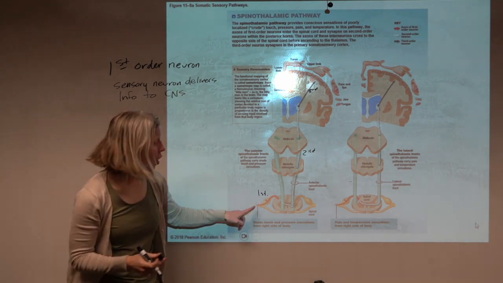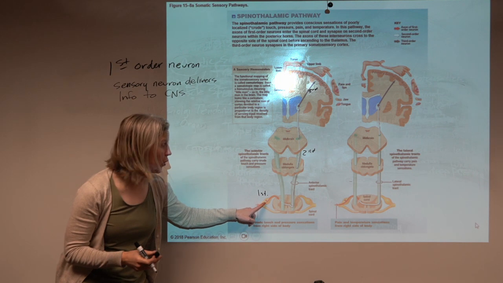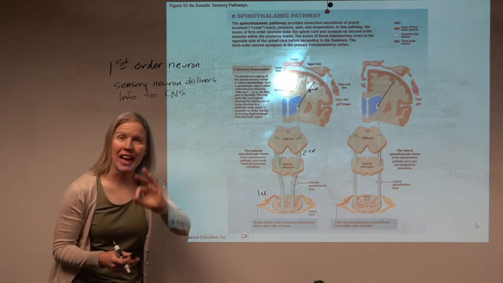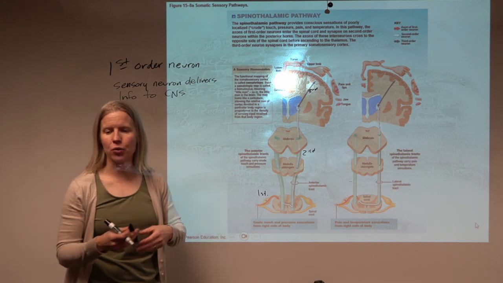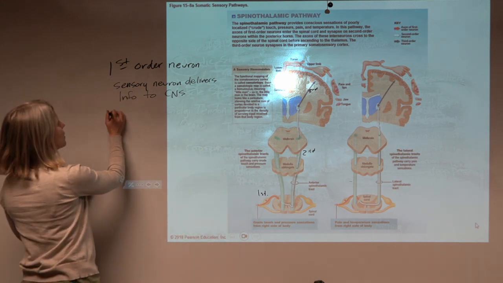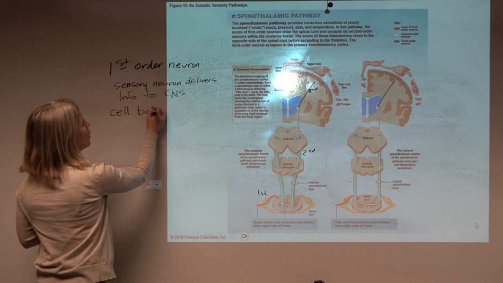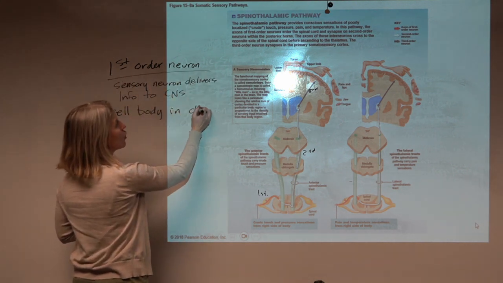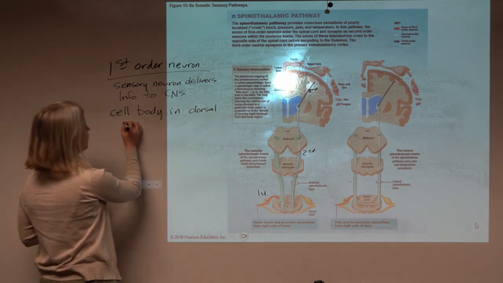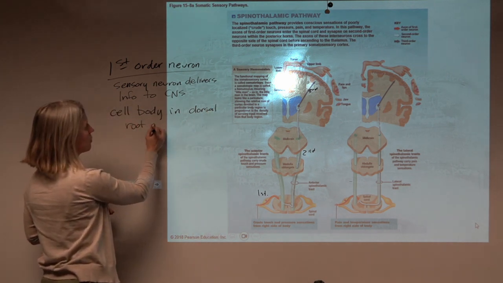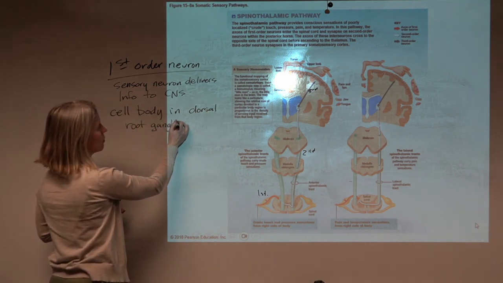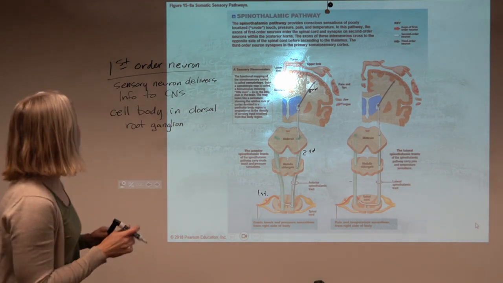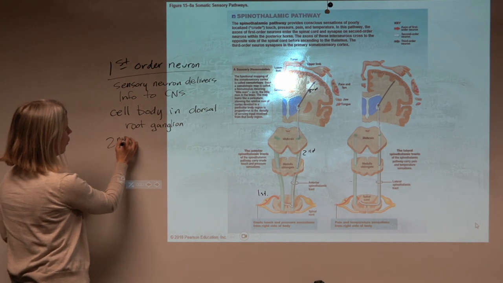If you recall, our sensory neurons were those unipolar neurons, the cell bodies off to the side, and there it is in that dorsal root ganglion. And this is really common, right? That the cell body for this first order neuron is in that dorsal root ganglion. Okay? So delivering this to the CNS. Our second order neuron,